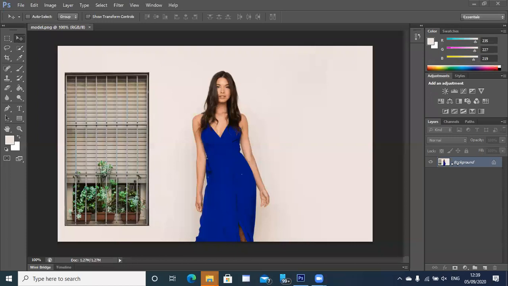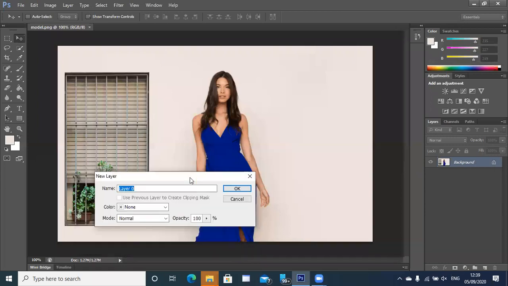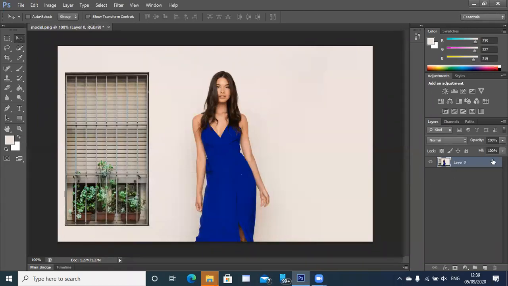So what does that mean? That means you need at least two layers for using the move tool. You can use this move tool either with a single layer or you unlock this layer. How do you unlock a layer? Double click on this background layer, and you'll find this pop-up up here. Convert this layer to Layer 0 and click OK. Once you do this, the lock sign here will go away. This means your layer has been unlocked.